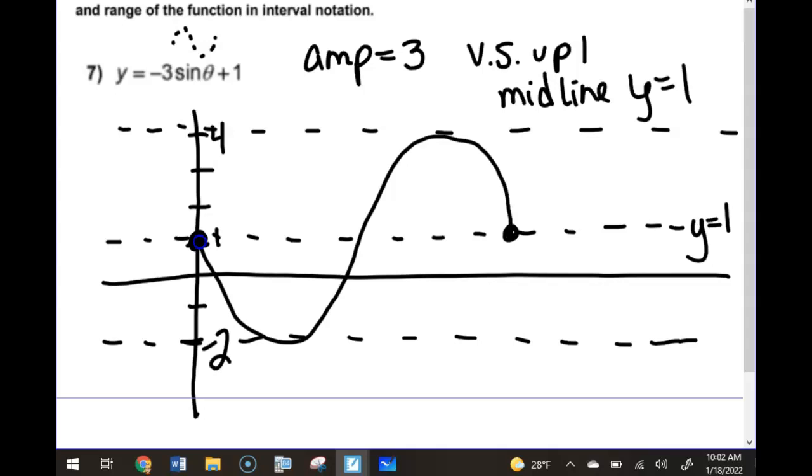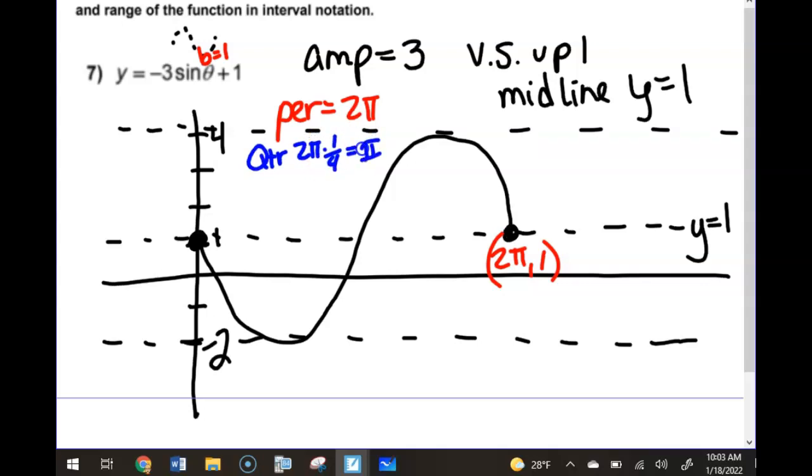So that was shape, amplitude, midline. Now we got to worry about the period. That's the part everybody hates. Me too. The B value in here is just what? Yep, good job. The period is just 2 pi. So it's going to finish over here at 2 pi. But the quarter points, remember, means we have to divide that by 4. So we have 2 pi divided by 4, or times 1/4, which is 2 pi over 4, or pi over